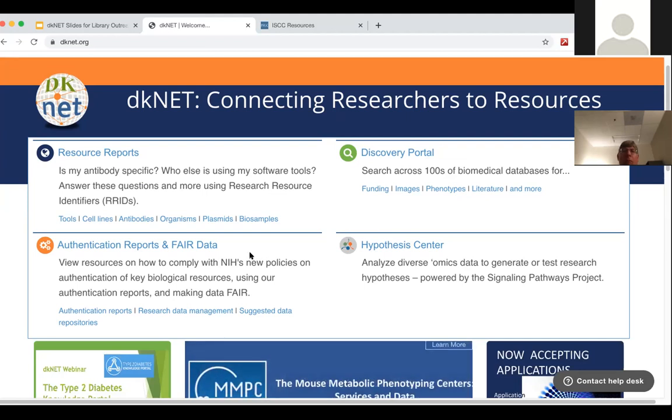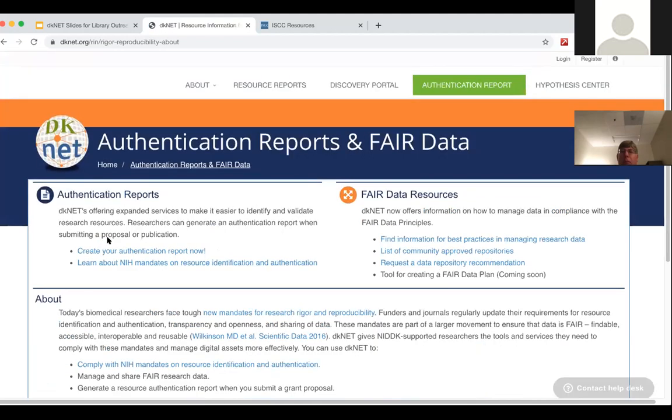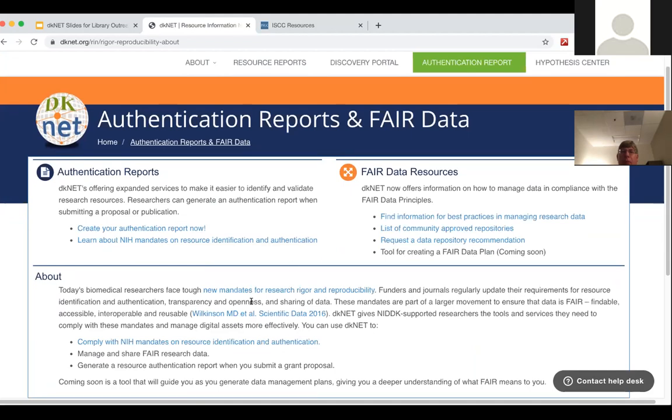Then we provide them a report to help them prepare that section. So users can click authentication report, and then there's some more information about the NIH mandate if they are not familiar with it, and how to create this report.